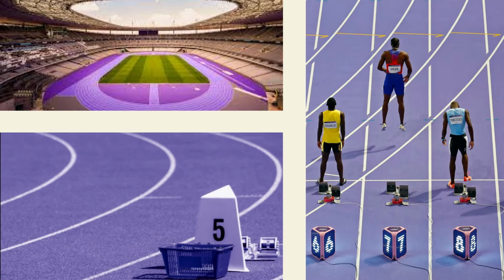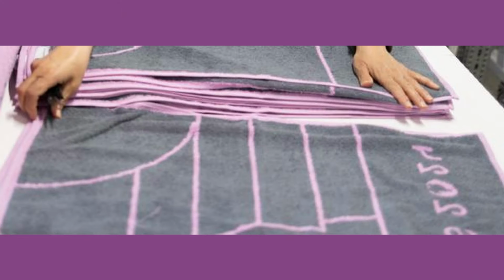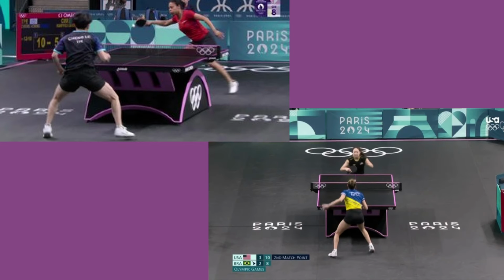The first moment I lay eyes on the stadium, it strikes me the track and field is purple. It's actually made of this specialized material, and the color is not just for the track and field. As soon as I start watching the game, I noticed that all the tennis players in their breaks, they wipe their sweat off with this purple towel. The table tennis table, the equipment itself, has the purple outline that looks really unique.